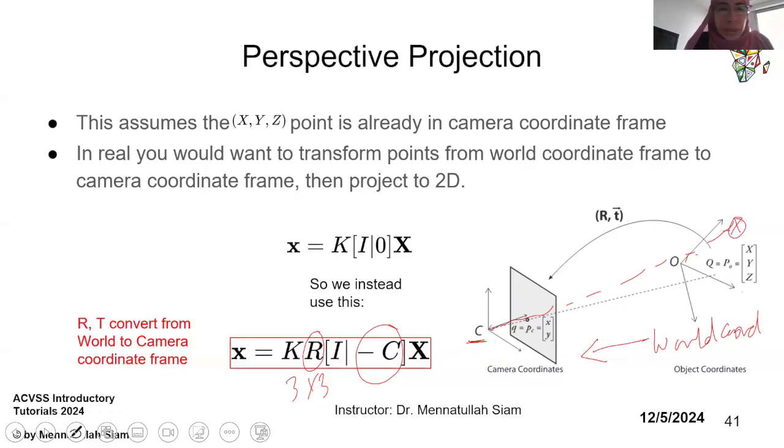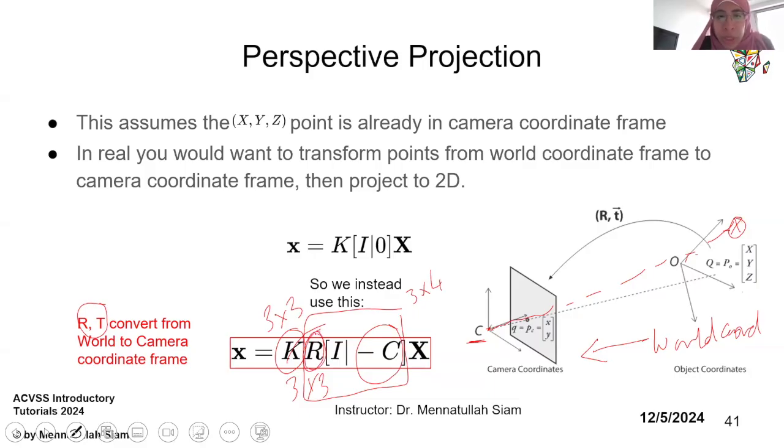So at the end, regardless of how you formulate it, we understand that we're going to use the inverse of the rotation and the inverse of the translation to go from the world to the camera coordinate frame. So negative C here is whatever this point is defined. And this is the original 3 by 3 intrinsics matrix that had the focal length and the principal point. So this part, which at the end will be a 3 by 4 matrix if multiplied together,